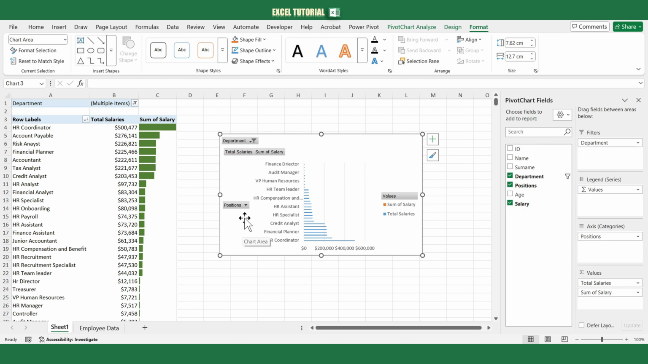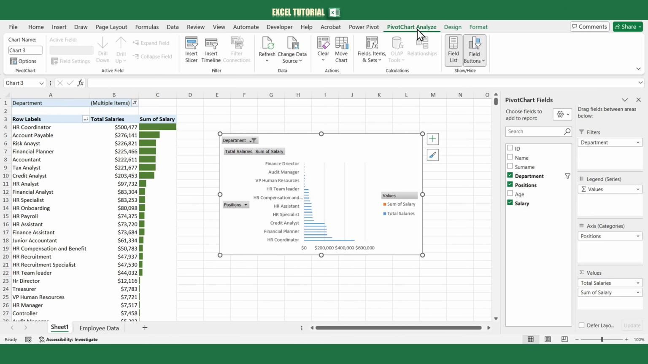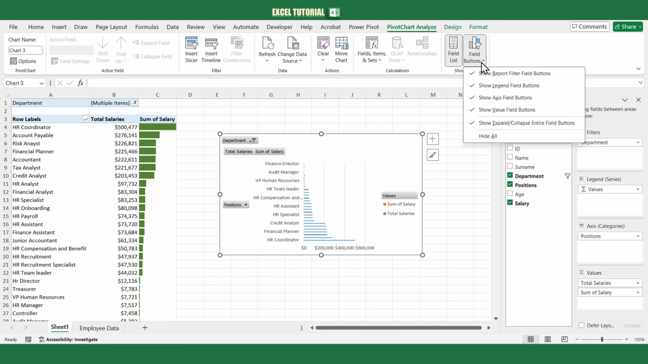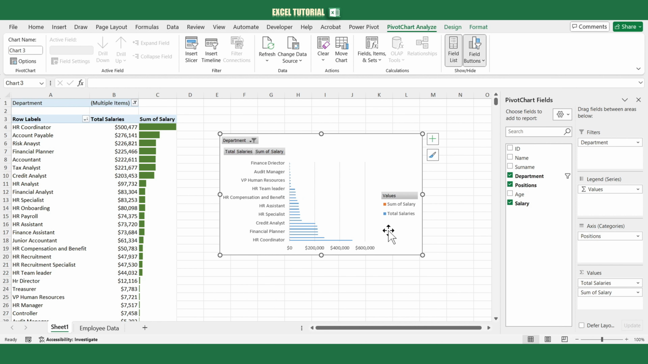Now let's say you want to clean up the appearance of the chart by removing some of the buttons or axes. Go back to the Pivot Chart Analyze tab. Click on Field Buttons, and here you can choose which buttons to display. For instance, I don't want to show the field buttons for position on the chart axis, so I'll go ahead and remove those. Also, maybe you want the chart to be displayed in ascending order, from the lowest to the highest total salary. To do this,